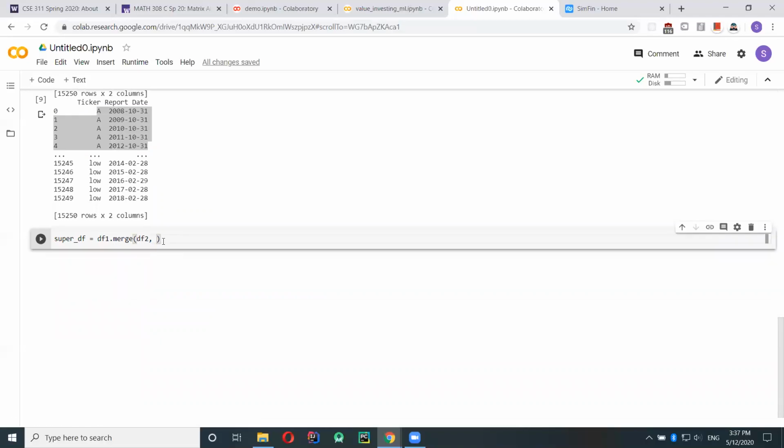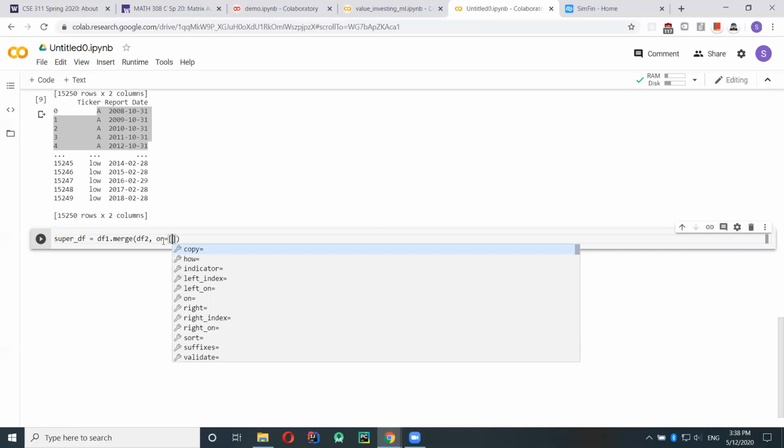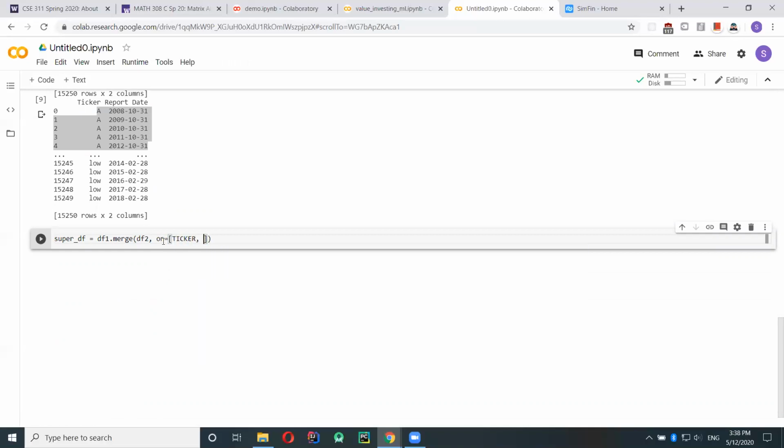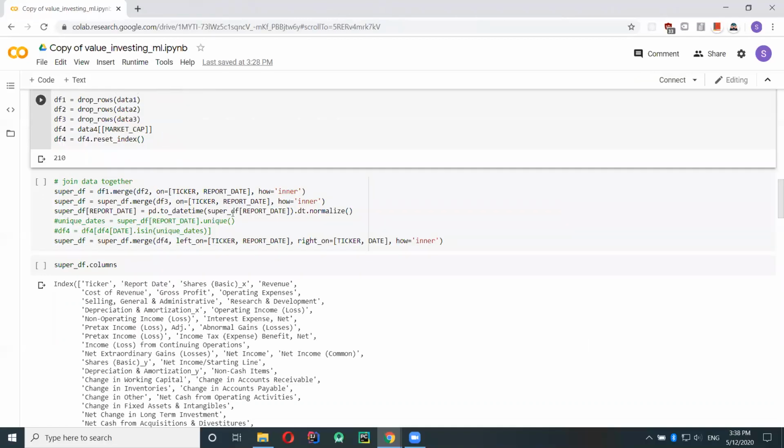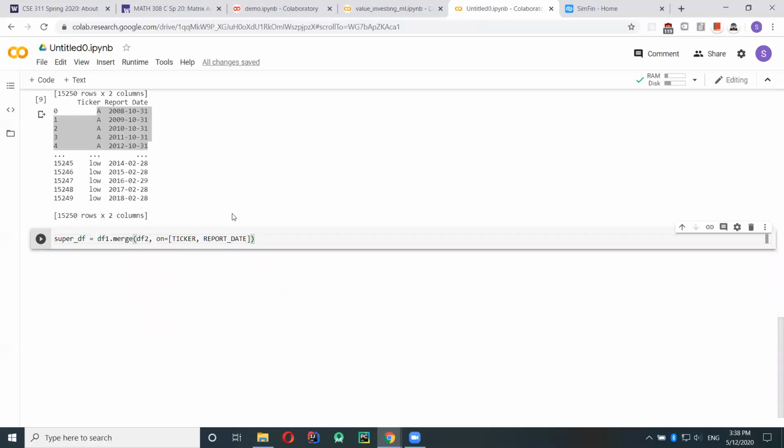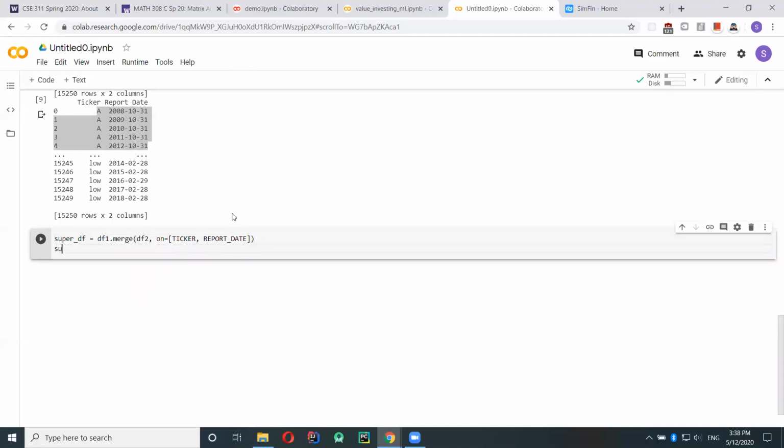Okay, so income sheet, df1.merge. So we're gonna do the on, okay. And then what we want to do is how, okay, the default argument is inner, so we can just leave it like that. Okay, then we want to merge it with the third data frame, which is the balance sheet.